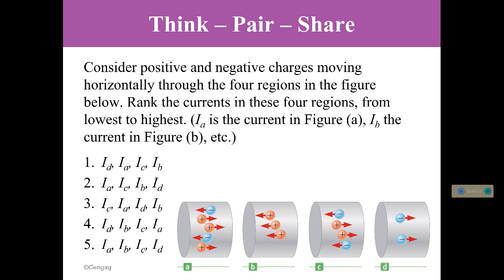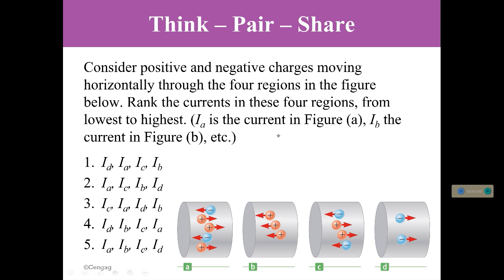Okay, now I heard what some of you guys were attempting to do in canceling out the positives and negatives. What I want to address here is that if a negative moves, let's look at C real quick. If negative moves to the left, I'm backing this up, what is that the same as? Positive moving to the right. So you got the right idea with them canceling, but let me show you what the picture looks like if they're going to cancel, and I think it will make really good sense.